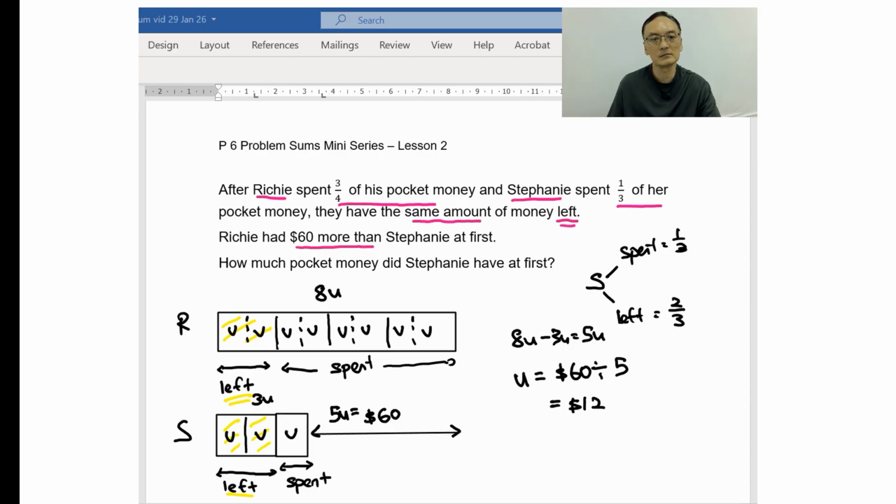$12. Okay, so now that we found the value of 1 unit, let's go back to the question and see what the question is asking. The question is asking us to find out how much pocket money did Stephanie have at first. So Stephanie, based on our model, she has 3 units. Since we found out that 1 unit equals $12, so we take 3 times 12, and we arrive at $36. And that's the answer. Stephanie has